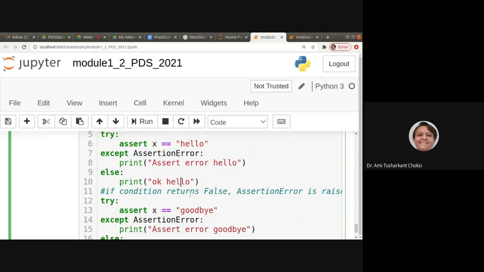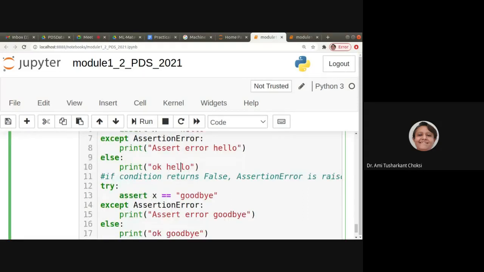Now for the same code, what I am doing is checking assert x is equal to goodbye. The value of x is actually hello, but I am trying to check whether x is goodbye or not. Goodbye, is it that? No. So the condition returns false, and so there will be an assertion error.